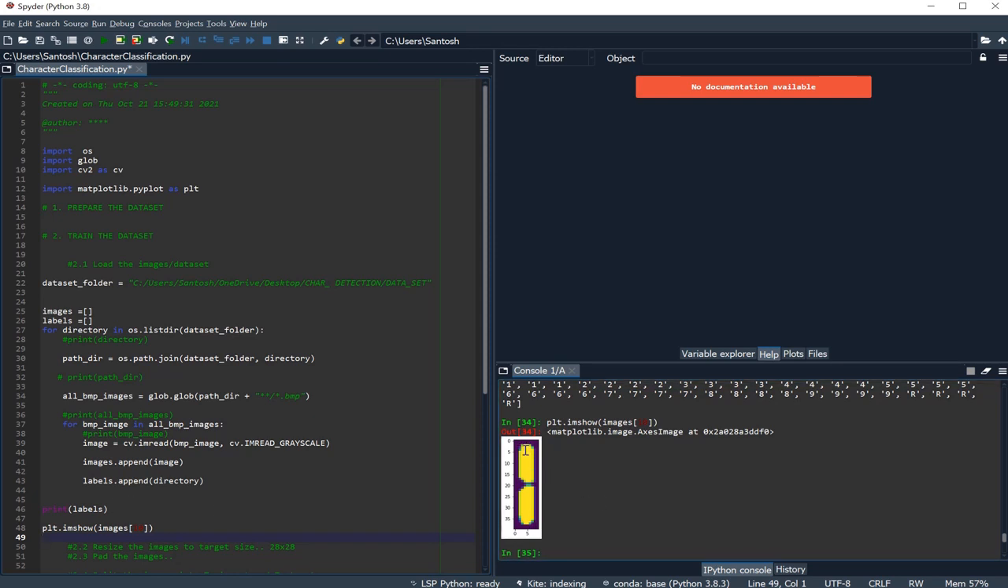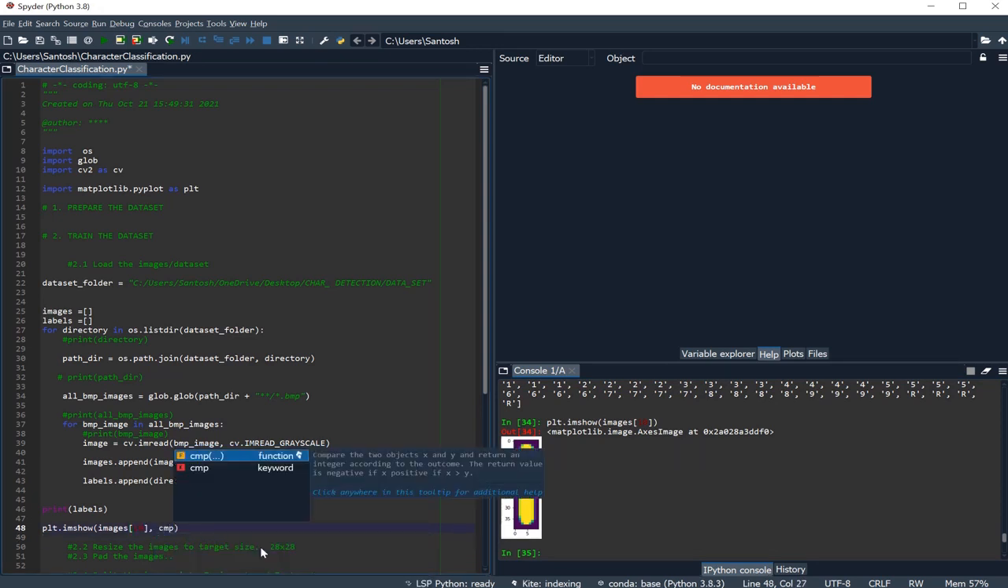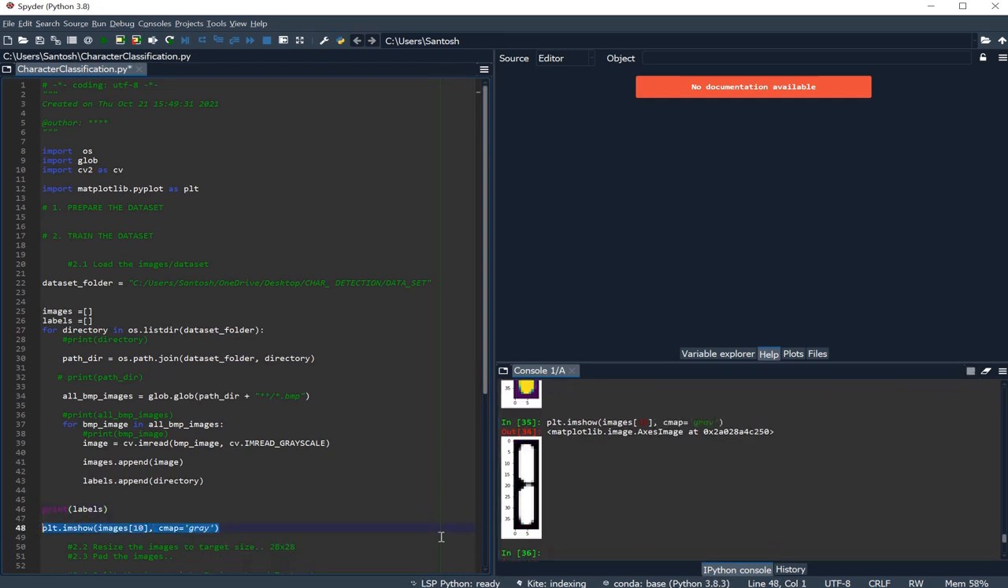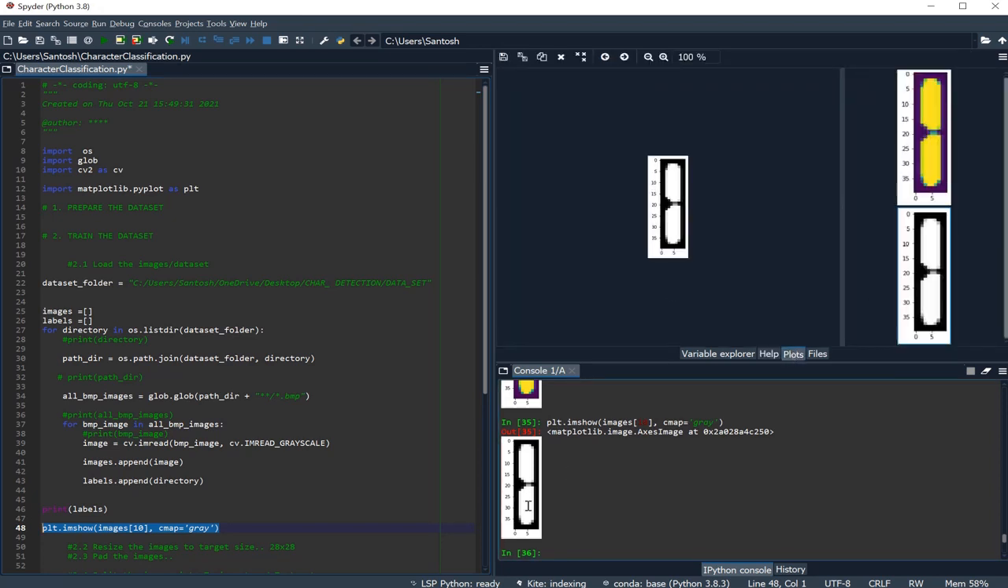So here this is not in grayscale, so if you want to display in grayscale, you can add here cmap equal to gray. So execute this, then it will be in gray. You can also see here. Okay,